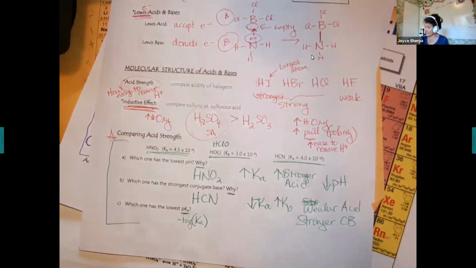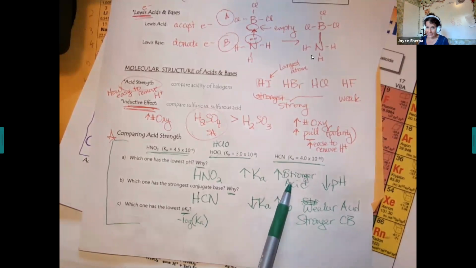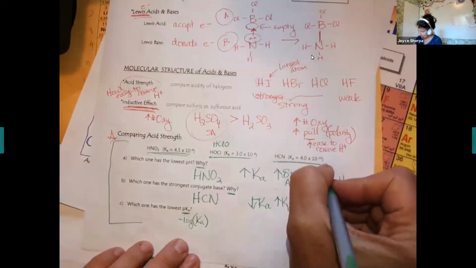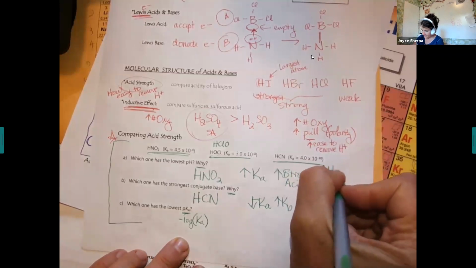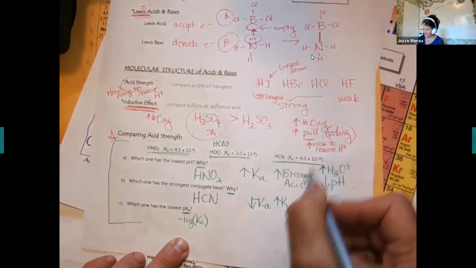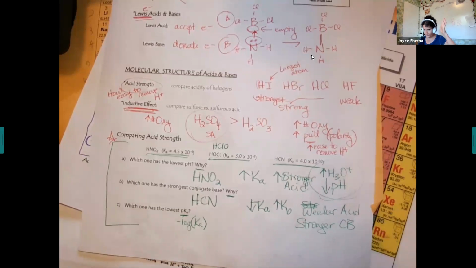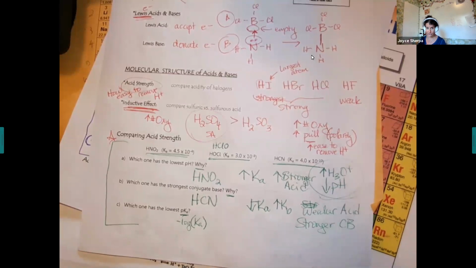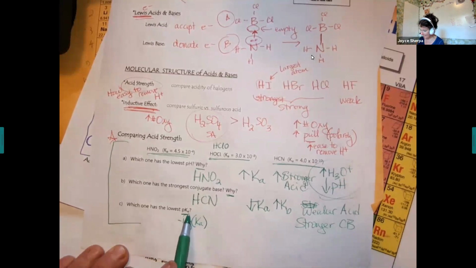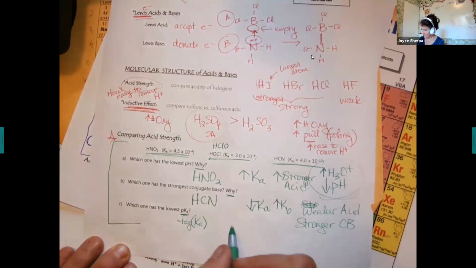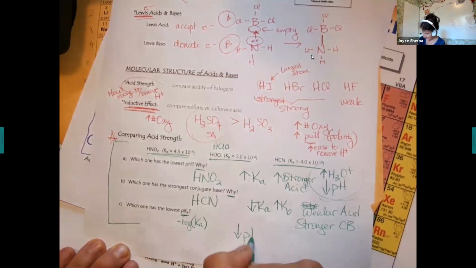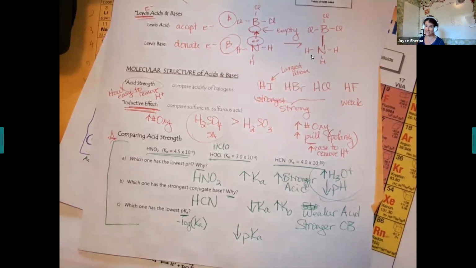From what we've seen, a stronger acid means more hydroniums given off, and the stronger the acid, the lower the pH. The more hydronium, the lower the pH. They're always opposite. So the lowest pKa will mean